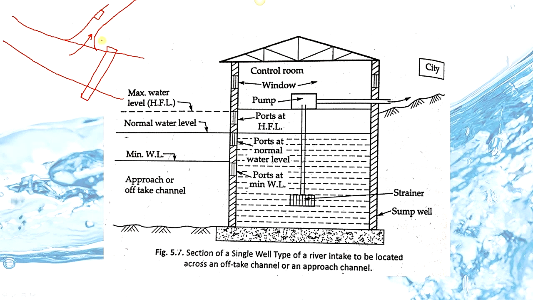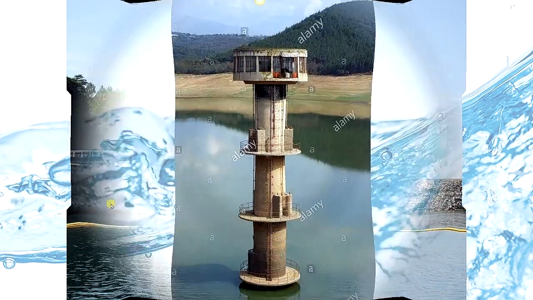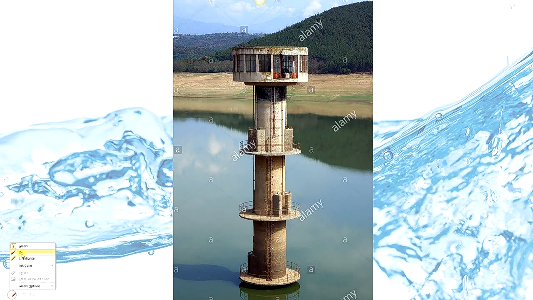Here you can see a real intake structure constructed to withdraw water. Here is one more. This looks more like a dry intake tower, right? At different levels you can see entry ports provided here, and the inlet intake well, or you can say an inside circular shaft that is surrounded by water. The withdrawal pipe will be here underwater. It will be extended up to the water treatment plant. The entry ports are gate controlled, you can see in the image.